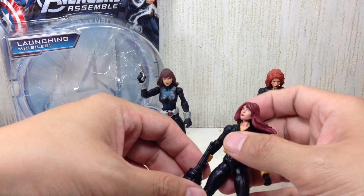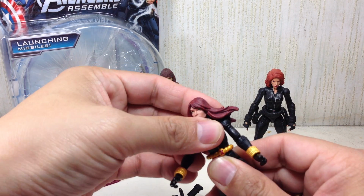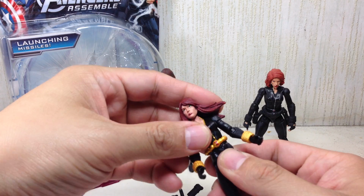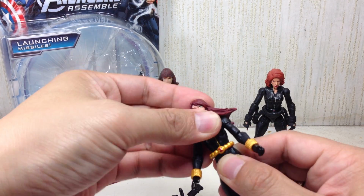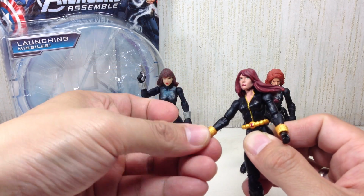And on to the articulation. She's got a ball jointed neck. No torso articulation, no boob swivel, no waist swivel, no ab crunch, whatever. She's got ball hinge shoulders, elbows, swivel wrist,